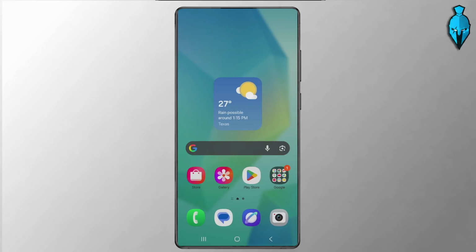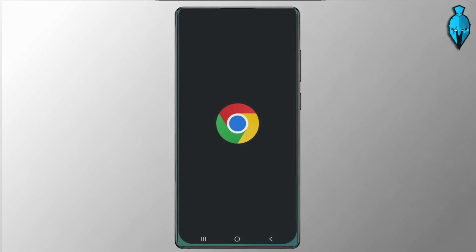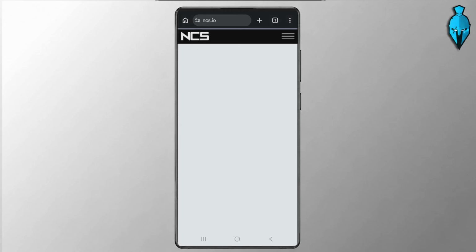In this guide, I'm going to show you how to turn on incognito mode on your Android phone Chrome browser. This is the best method to do so. First things first, go ahead and open up the Chrome app, and if you do see an incognito option